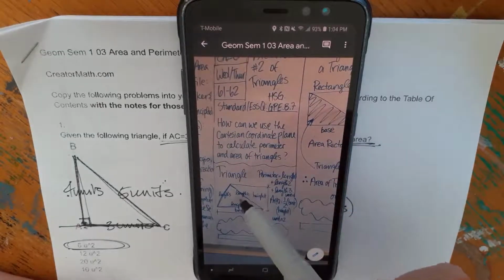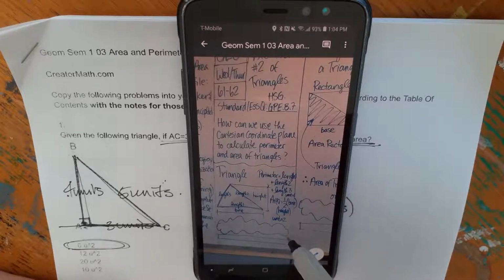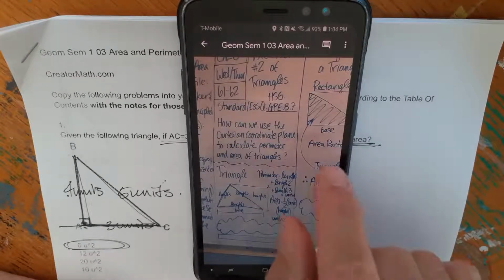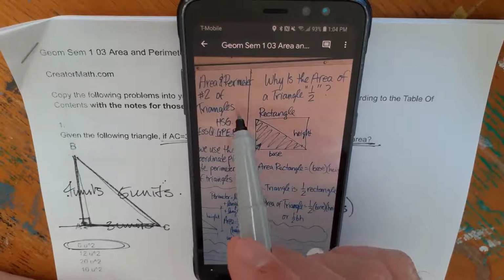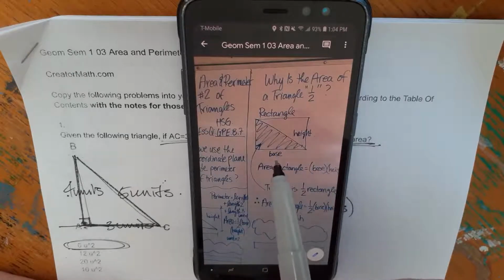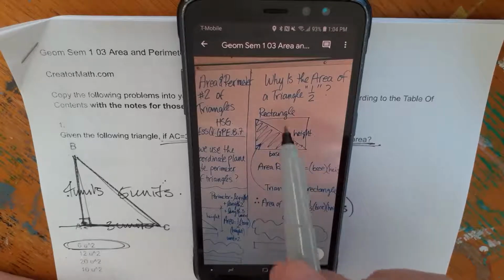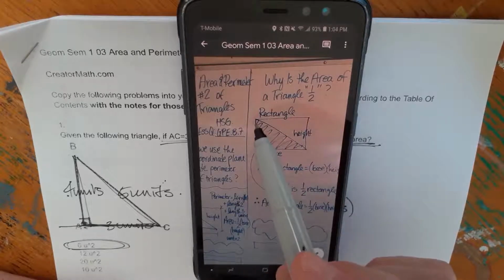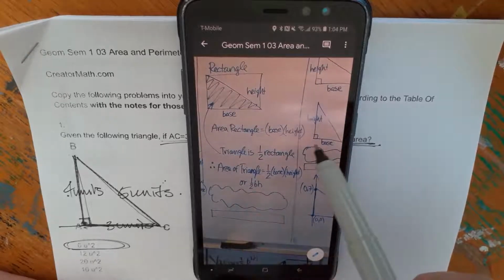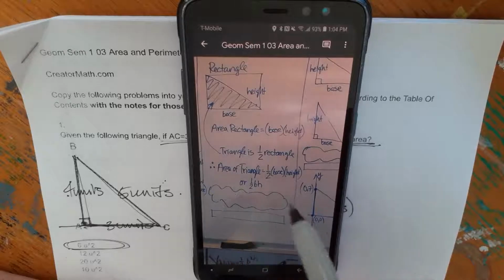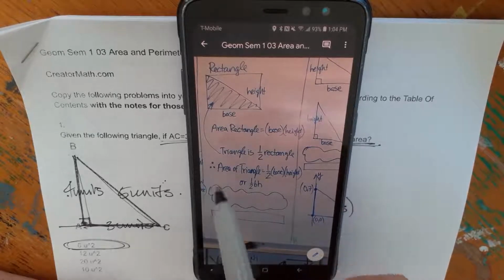All right, so it talks about triangle, how to calculate the perimeter as the distance around a shape. So we just add up the side lengths of the shape. And area of a triangle is 1/2 base times height. Why? Because if we had a rectangle and it had a base and a height, a triangle is exactly 1/2 of that. So the area of a rectangle is base times height, and then we just take a half to get a triangle. The only thing we need to take into consideration is that we need the perpendicular height. So let's see, 1/2 base times height. We tell you what these 3 dots means. Therefore,